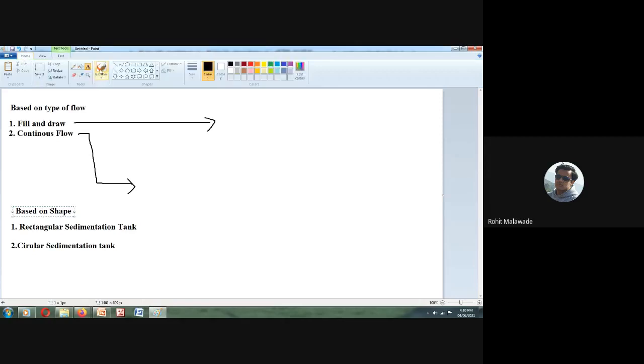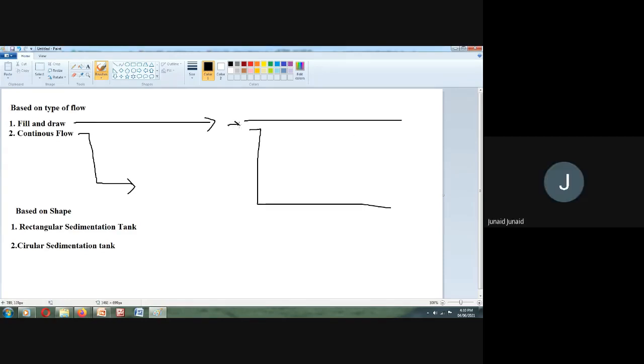By the name, can you give me an idea? Fill the tank with water and remove it out. Filling when required, sir. Filling when required. That means,